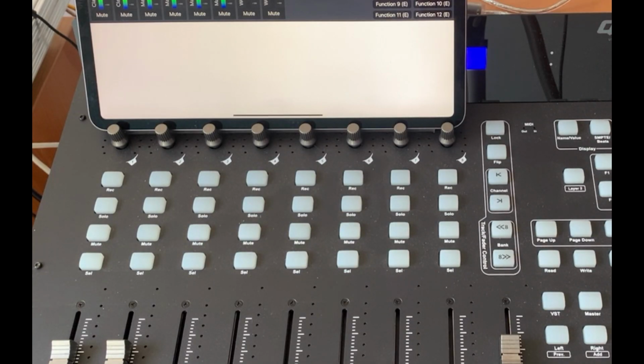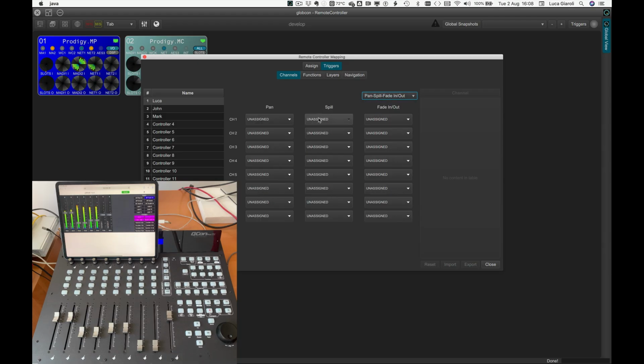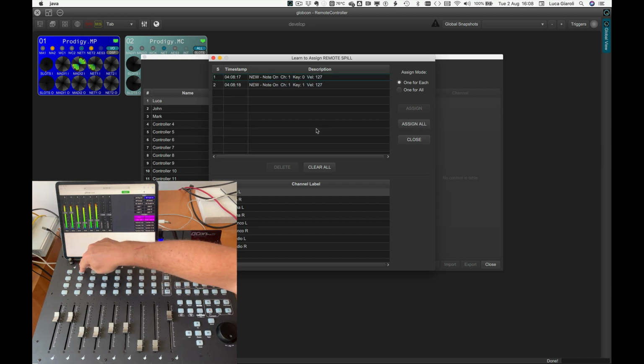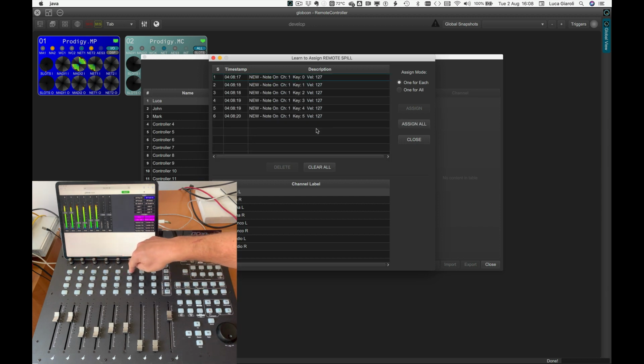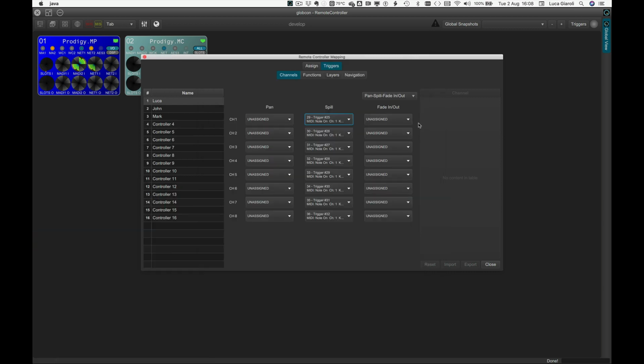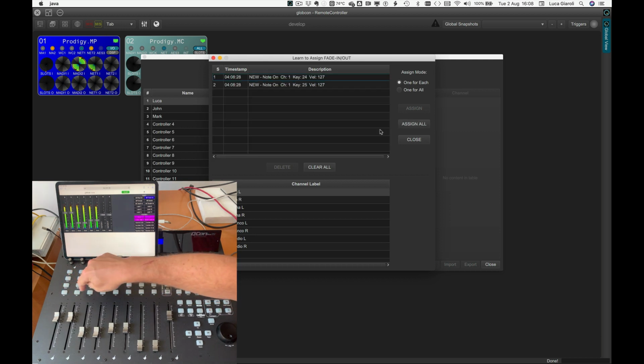There are no spill labels buttons on the hardware controller, but the ones having REC printed underneath seem perfect for the purpose. So we proceed in mapping the spill buttons of the Globcon controller using the REC buttons of the hardware controller. Same thing for the fade buttons, for which we use the ones labeled cell on the hardware controller.